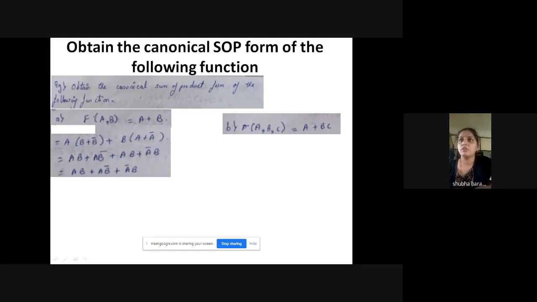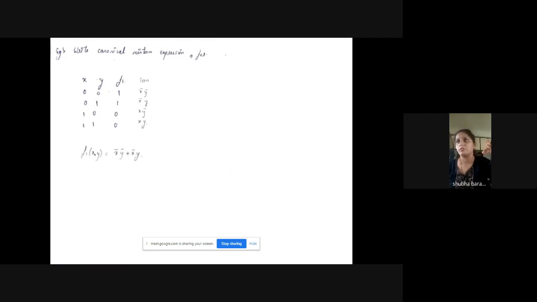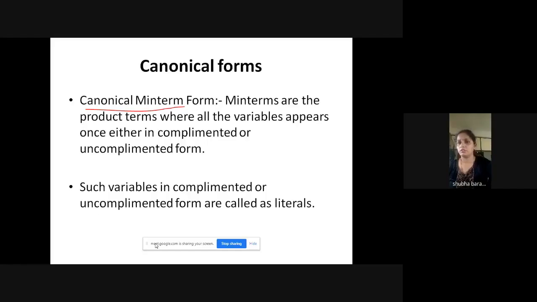See, this is the given numerical: f of AB equals a plus b. You are asked to express this in canonical sum of product form. If you see the definition of canonical mean term form,